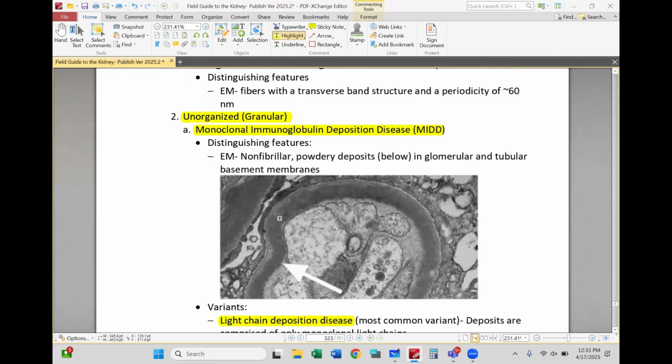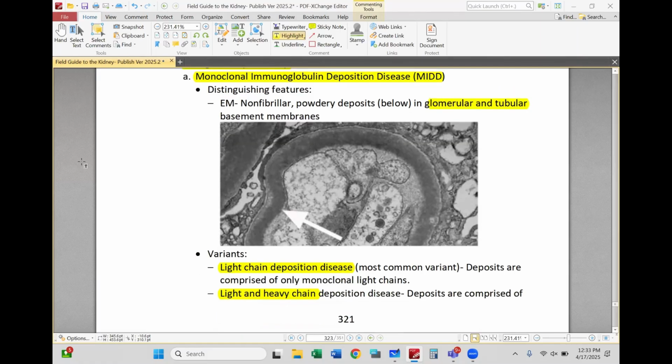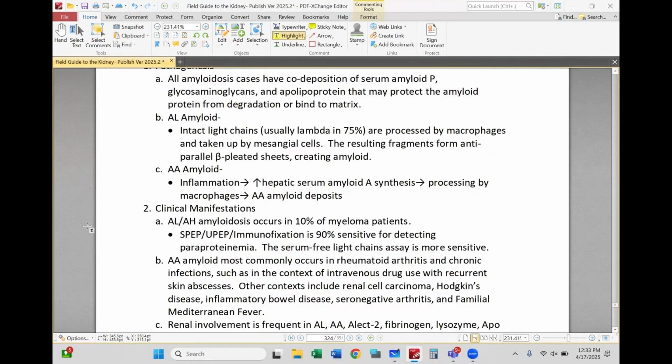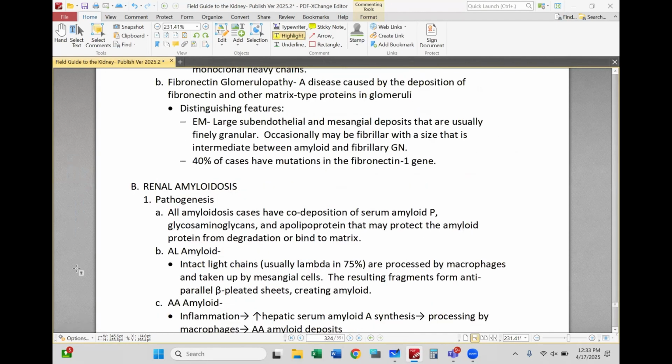So you can see immune deposits that are present. Classic is this presence of this powdery deposit that replaces the glomerular and tubular basement membrane. So I've made that statement here. The tubule basement membrane is typically involved as well, but they don't have this substructure. There are these powdery deposits. So that would be the most common form of the